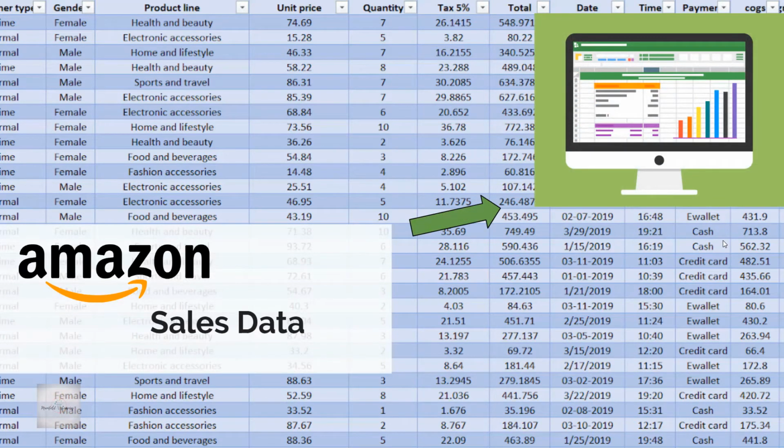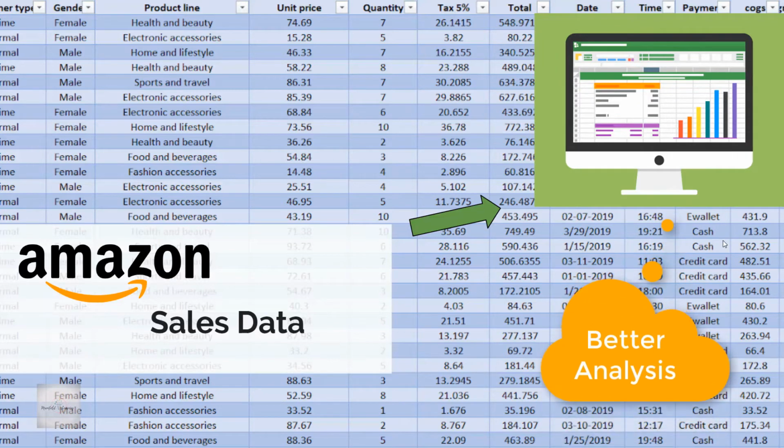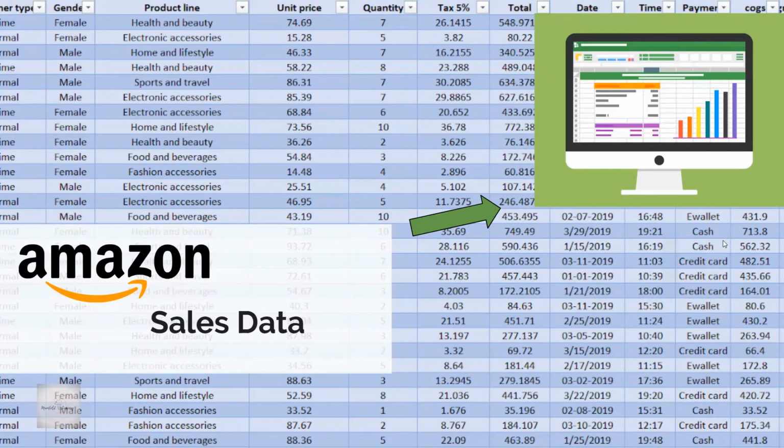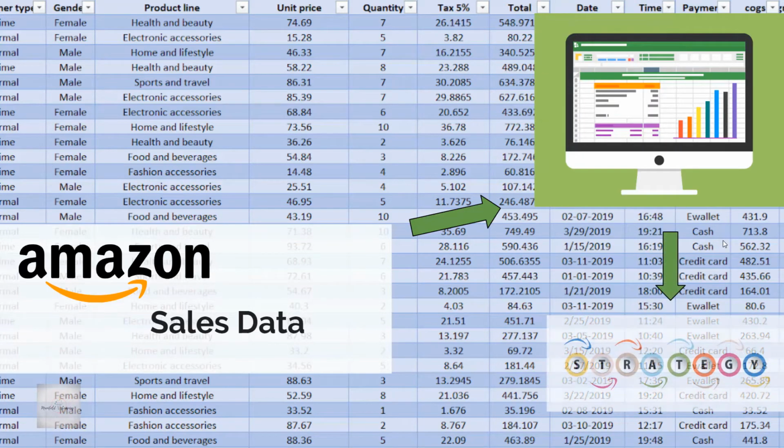To have a better understanding of any trend, you should be able to understand the data. With data visualization, you can understand the data easily and do better analysis. When you have this better analysis, you can take proper and quick action on that situation. That is the best strategy for any business.